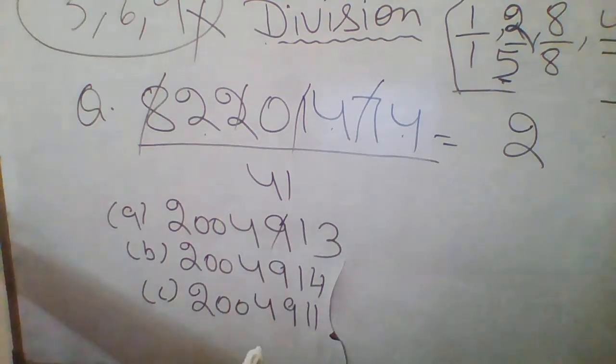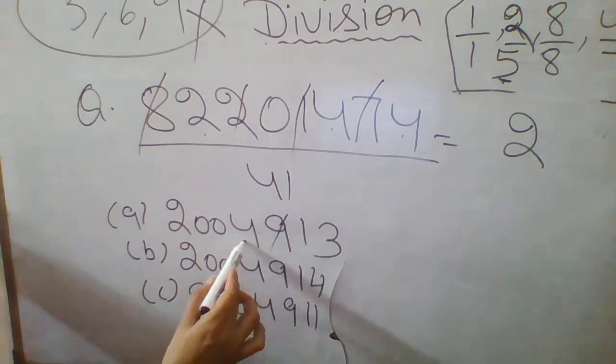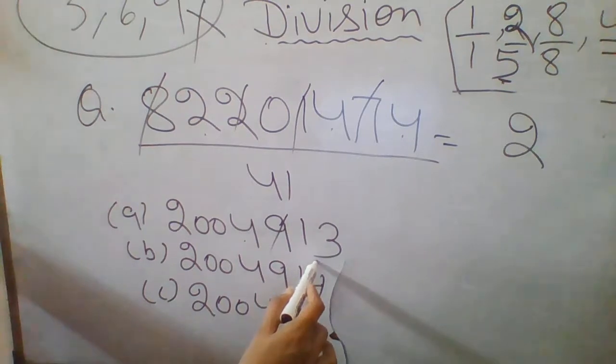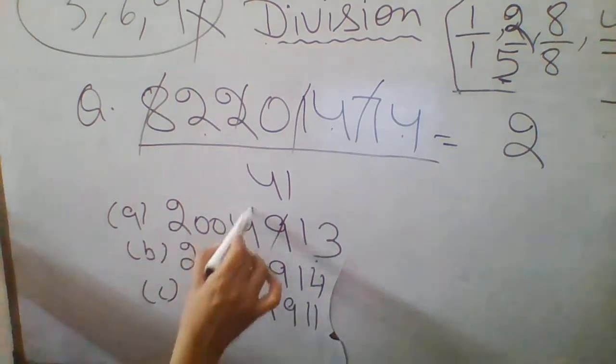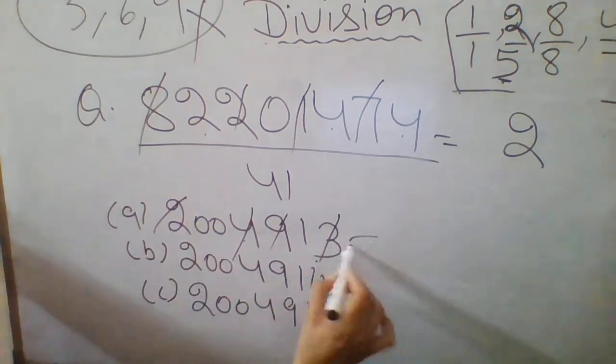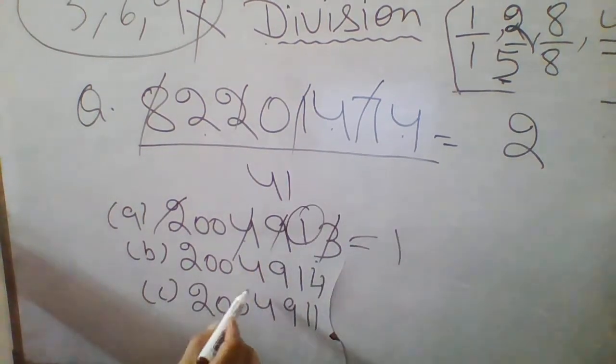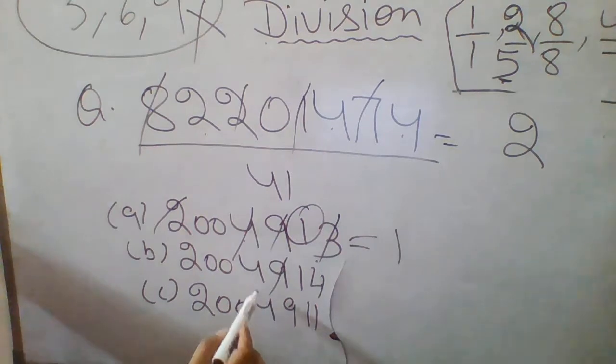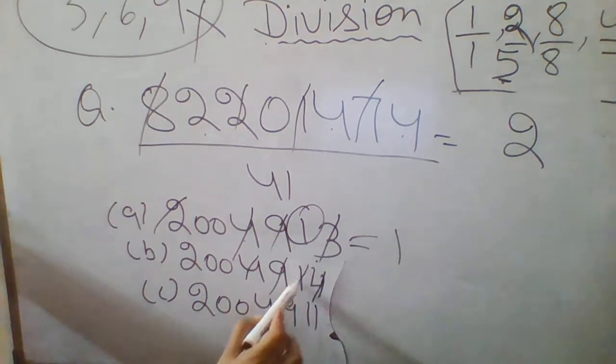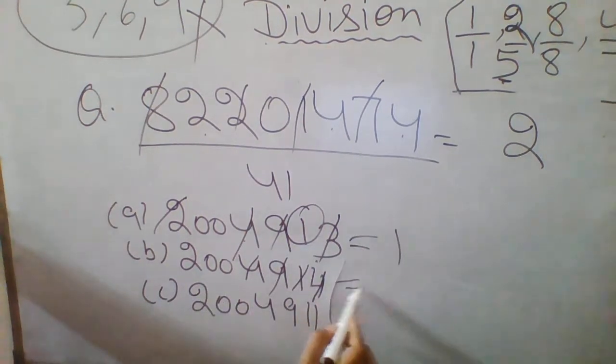Now see, 9 you can cut here. Now 4 plus 3 is equal to 7. Okay, 7 plus 2 is equal to 9. So this also you will cut here. 1 is left, so 1. Now you cut here 9. Now 4 plus 4, 8 plus 1, 9. This also you will cut. So here you will get 2.